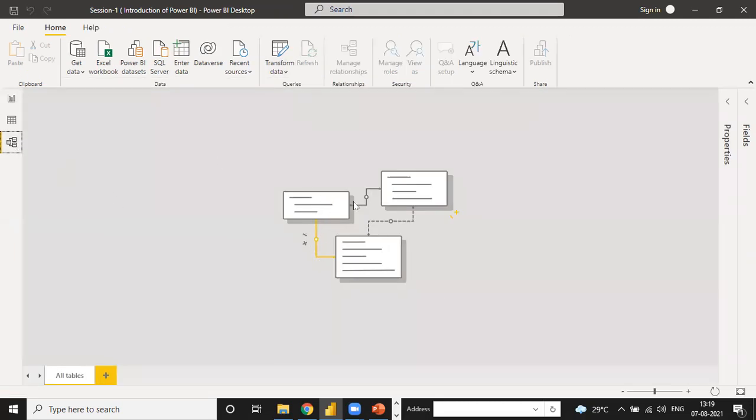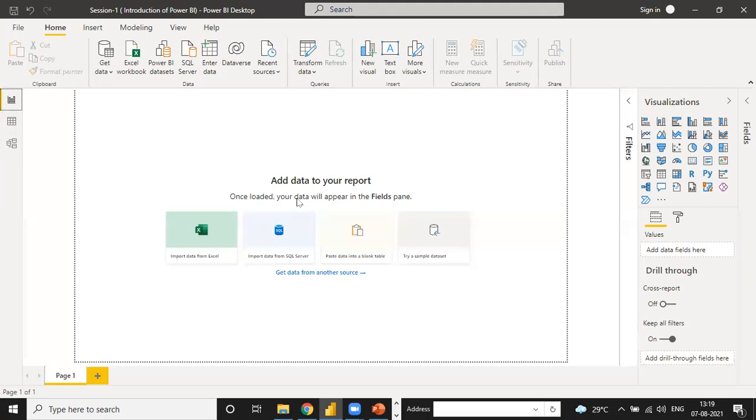So when you make the relationship between the tables, your VLOOKUP step is over. VLOOKUP, HLOOKUP, these kinds of functions are already handled by just clicking and moving data from one place to another. That is the reason to use Power BI. And Power BI does not need any previous knowledge of Excel, but when you make an Excel report, you need knowledge about basic Excel, about the concept of functions, and why we need this kind of function.